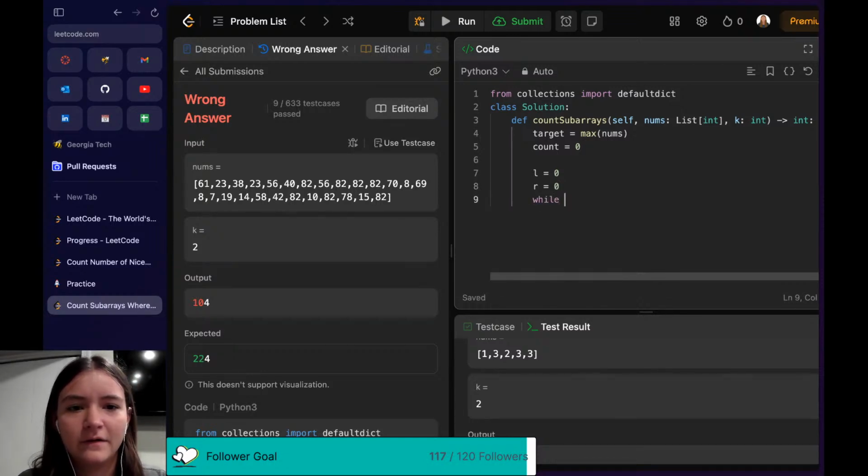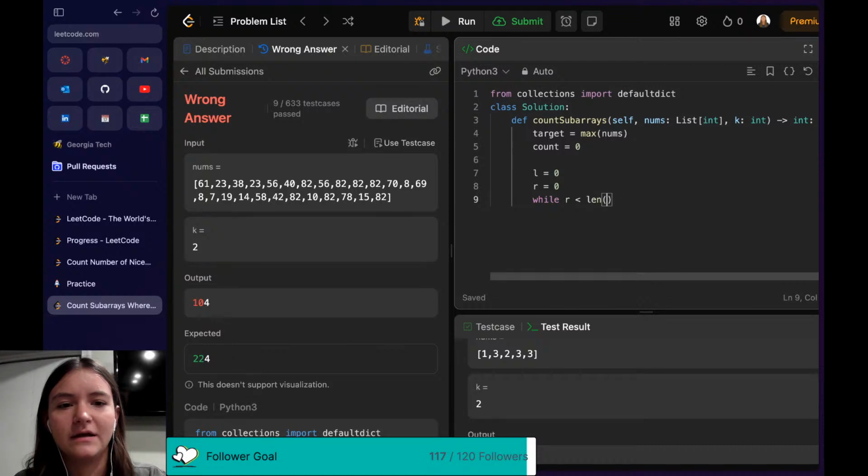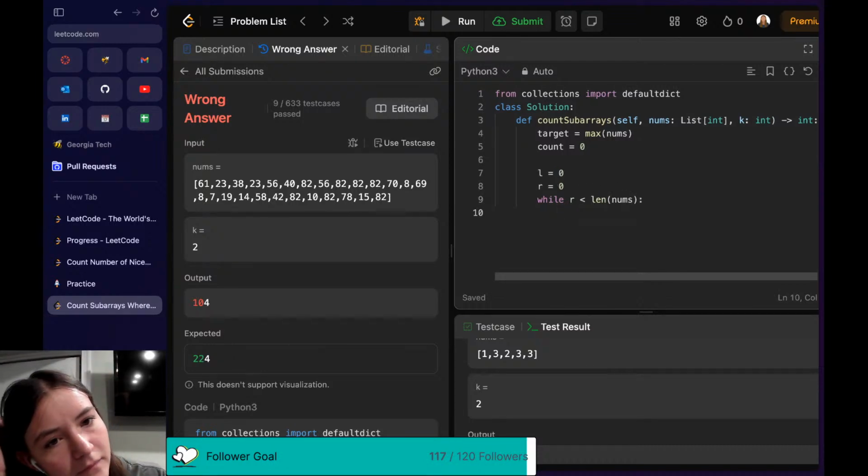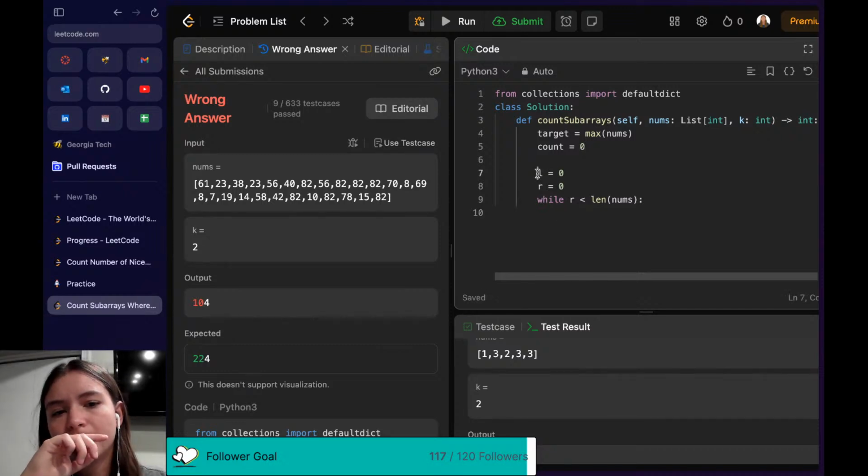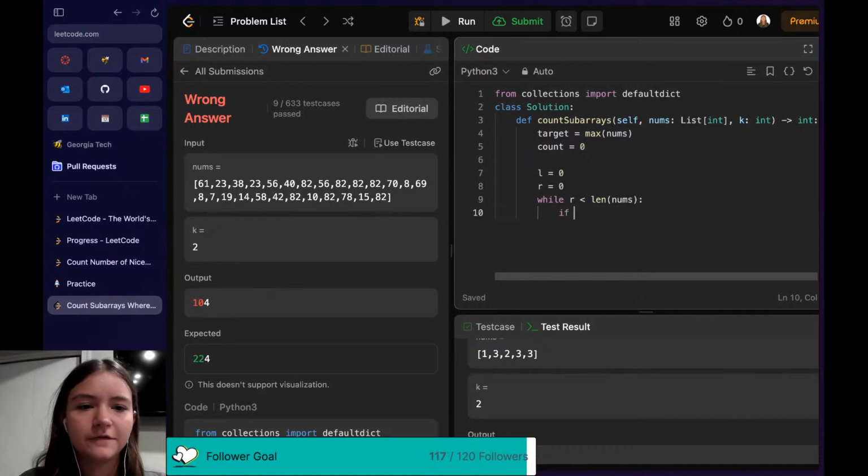While R is less than length of nums. If check if